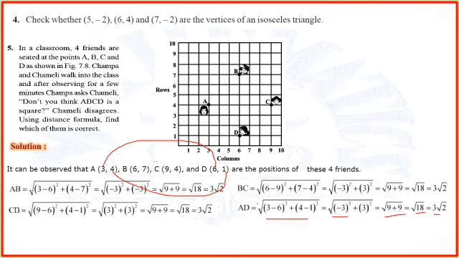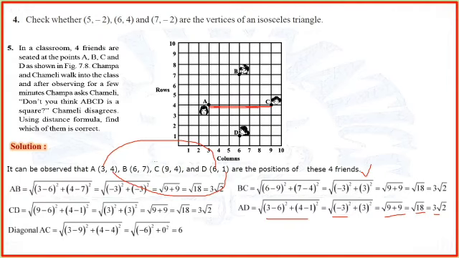So we saw all the sides are equal. Now the problem is that all four sides are equal in two cases: one is square, the other one is rhombus. In a square both the diagonals are equal, but in a rhombus both the diagonals are not equal. So for that we need to check the diagonal AC first.